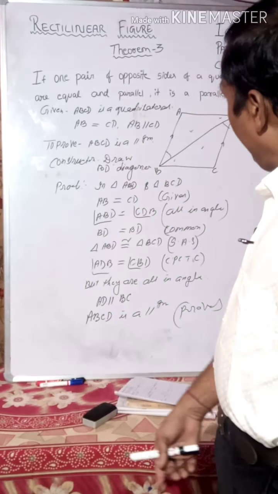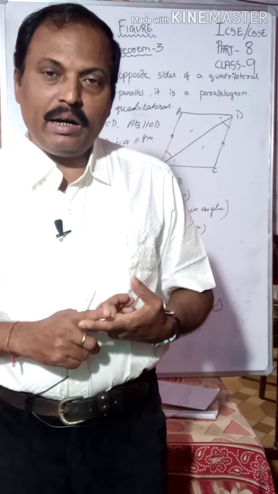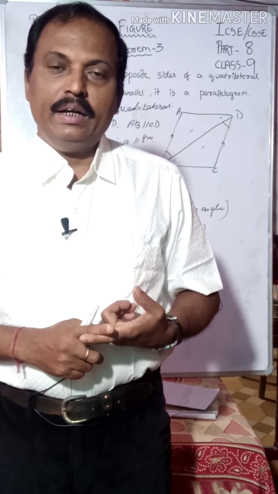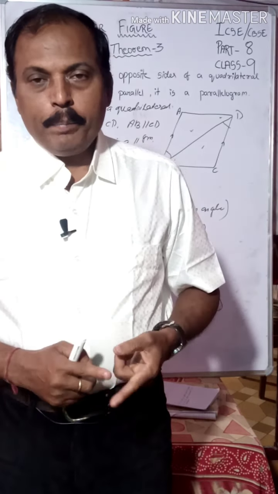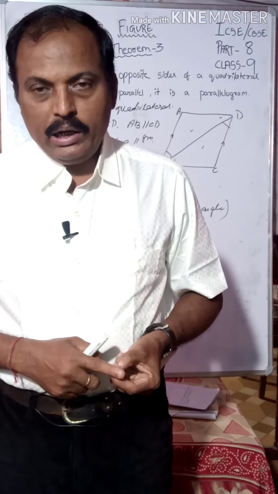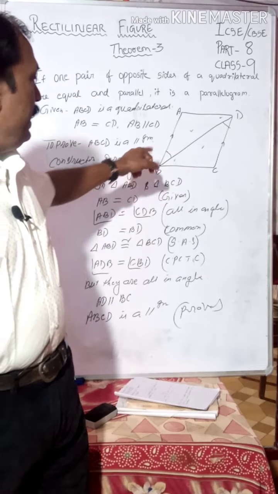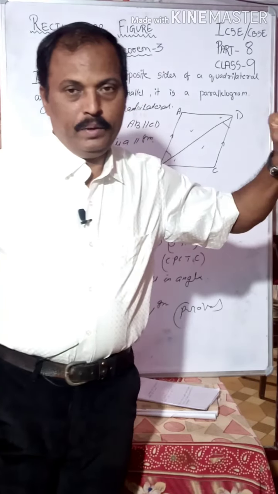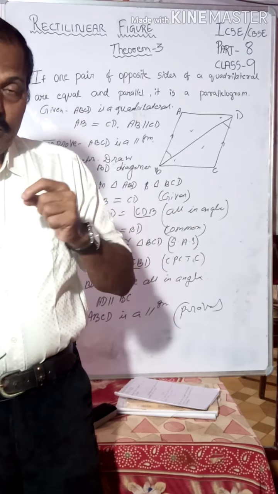So this is very easy. If one pair of opposite sides of a quadrilateral are equal and parallel, then it is a parallelogram. First, we take ABCD as a quadrilateral in which AB is equal to CD and AB is parallel to CD. Then this is the given point. Then to prove